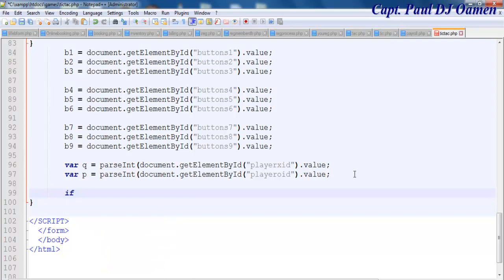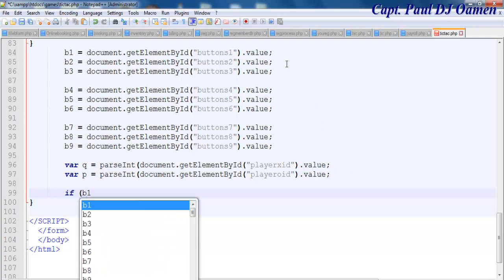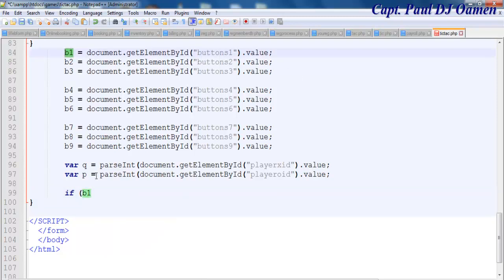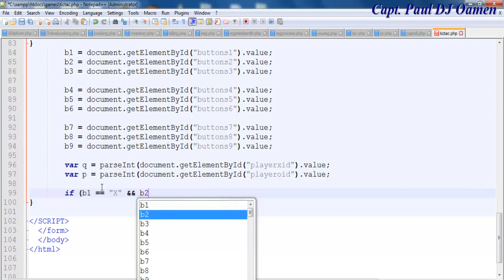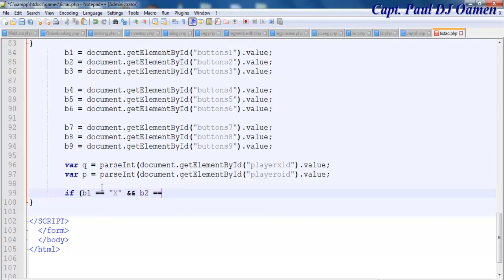Let's say if B1, I'm talking to this very object there, if B1 equals that, and B2 equals exactly the same thing, and B3 is the same, copy, paste, change the number around there, close the bracket,